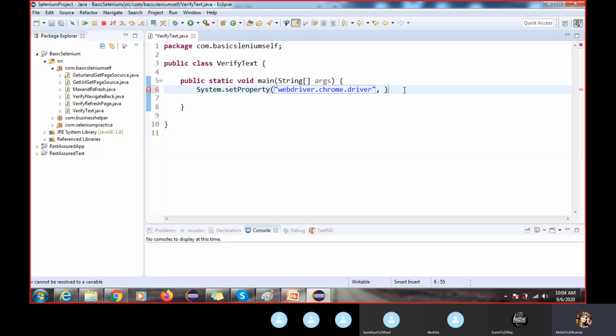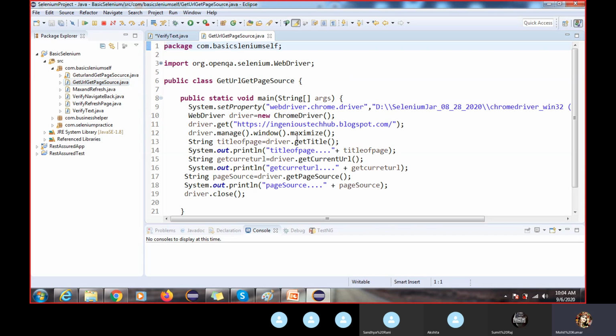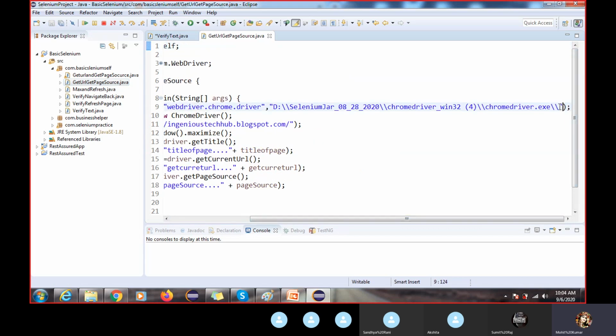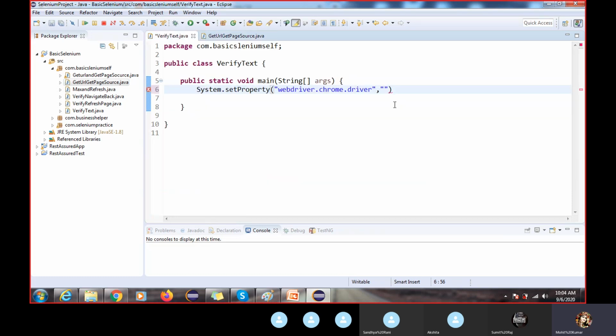It is not a part of Selenium. Okay, so sometimes they can ask the question whether the System class is a class of Selenium or Java. Okay, I can see many interviewers asking like that. They're checking your knowledge, how good you are.